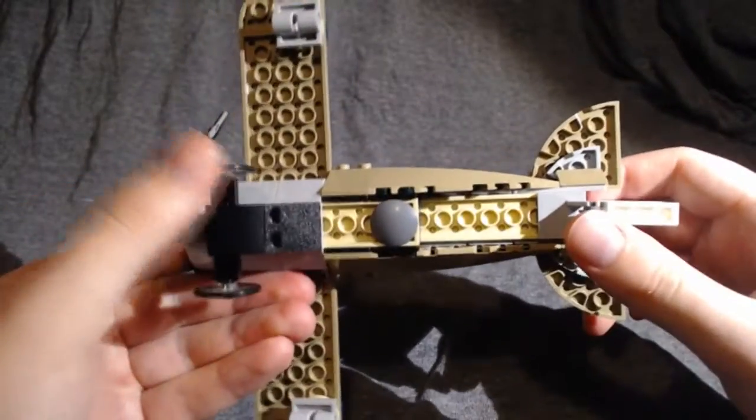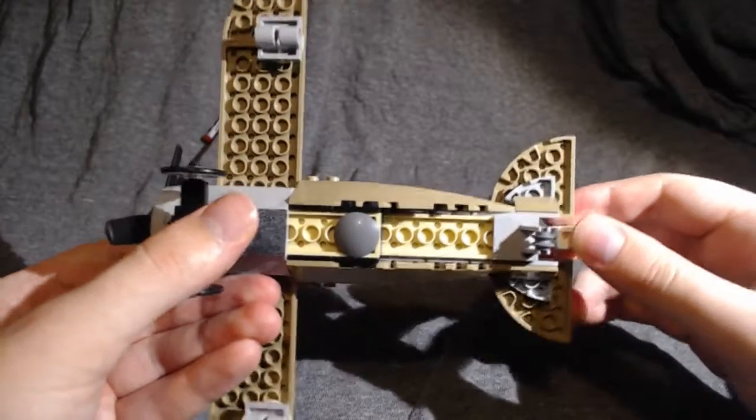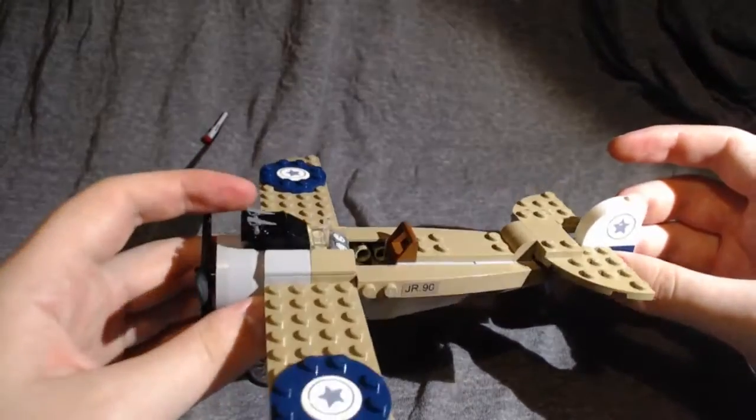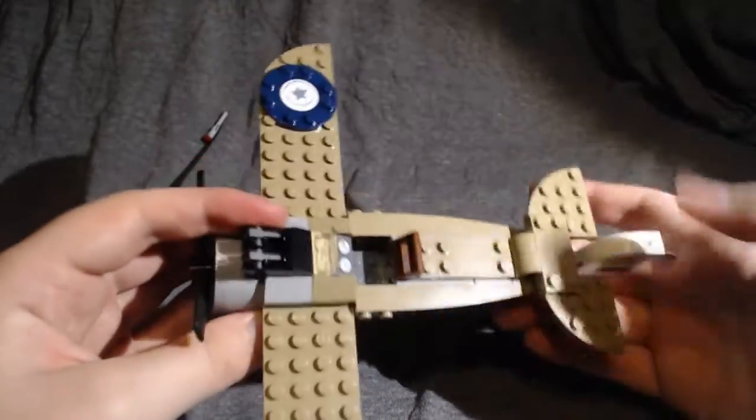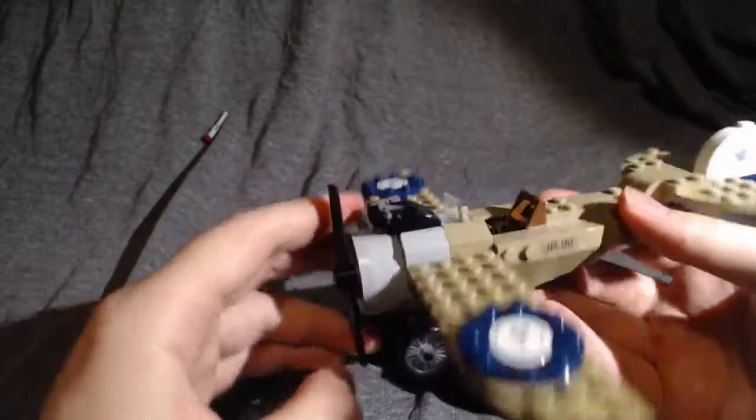And then there's a smaller wheel back here which doesn't have a tire. These have tires. And they all roll along nicely, so it makes for a nice smooth landing when you're swooshing it around and you want to put it back down. It's got a simple, mostly tan color scheme with navy blue